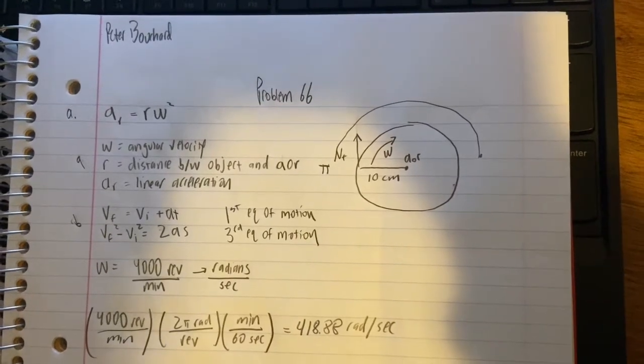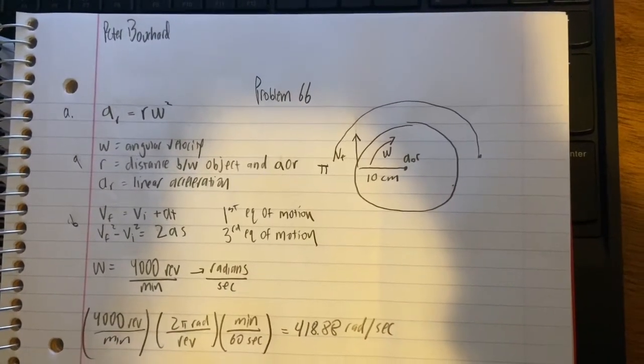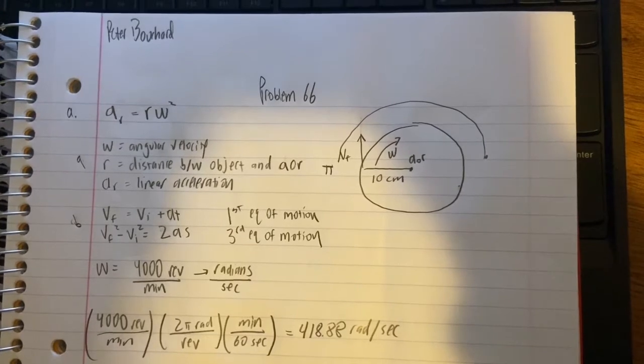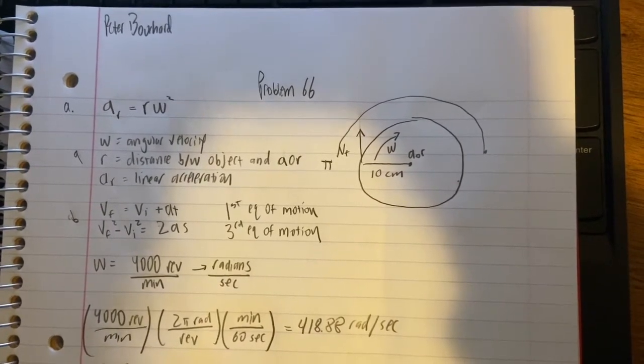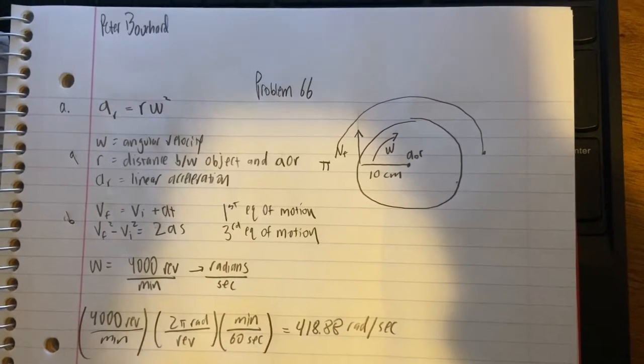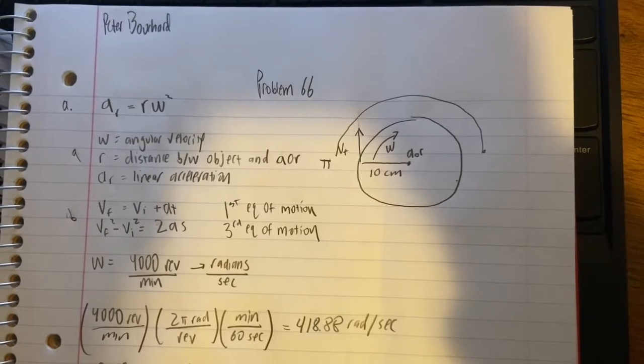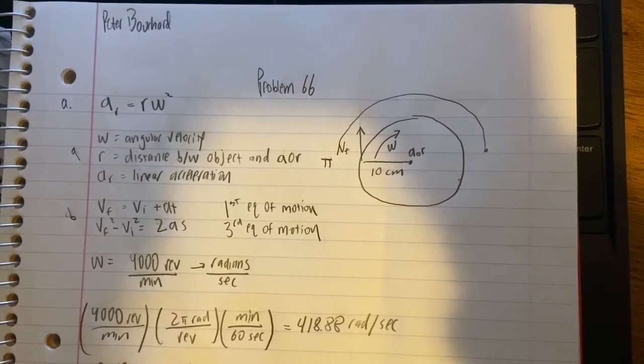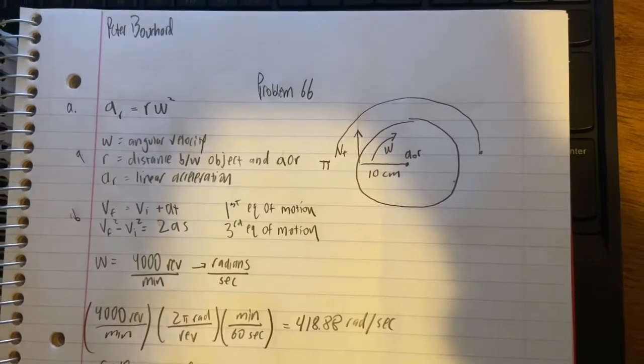Alright, so this is my first video for the week 4 explanations. In this problem, there's a centrifuge that rotates at 4,000 RPMs, and we need to find the acceleration of a test tube that is 10 centimeters away from the axis of